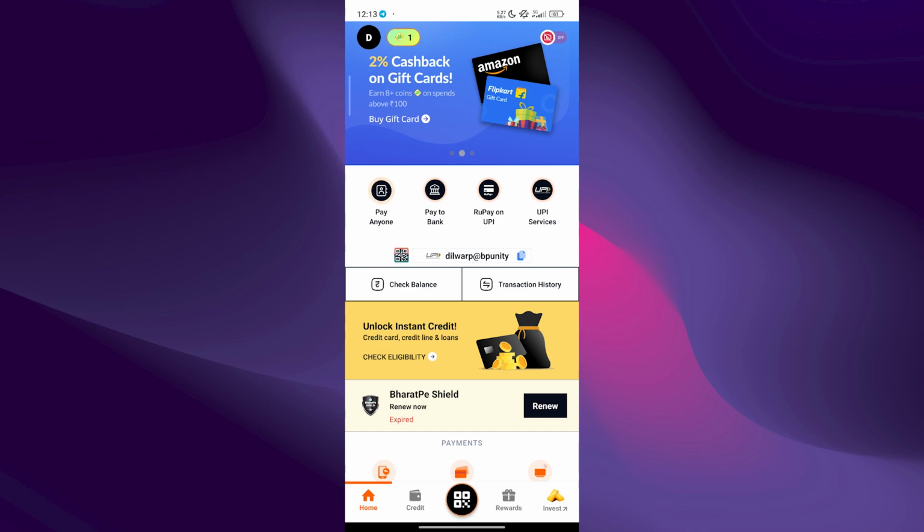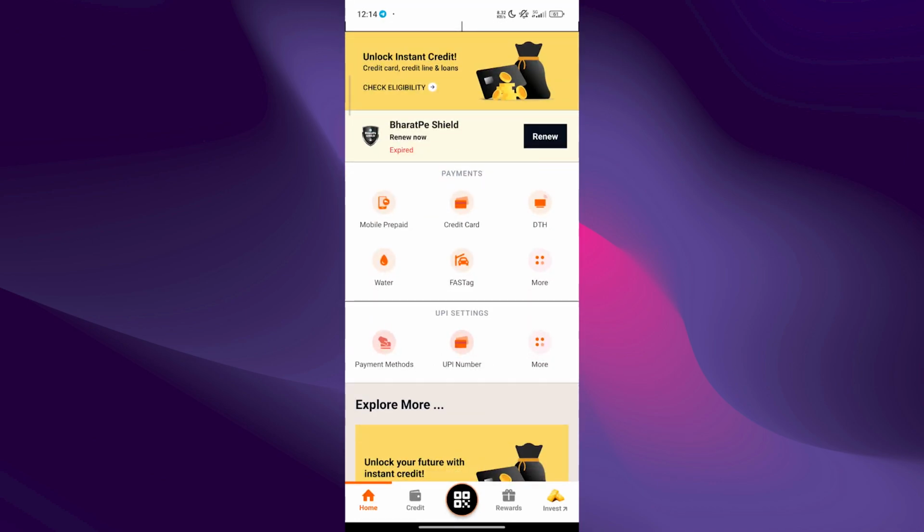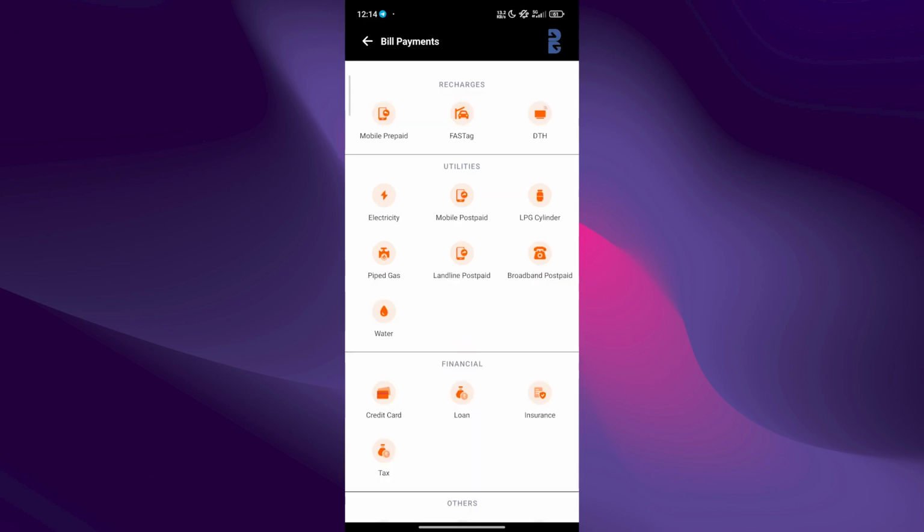After opening the app, on the home page we just need to scroll down, and when we scroll down, in the payment section we can see the more option right there. Just tap on the more option, and when we reach here we just need to scroll down a bit,